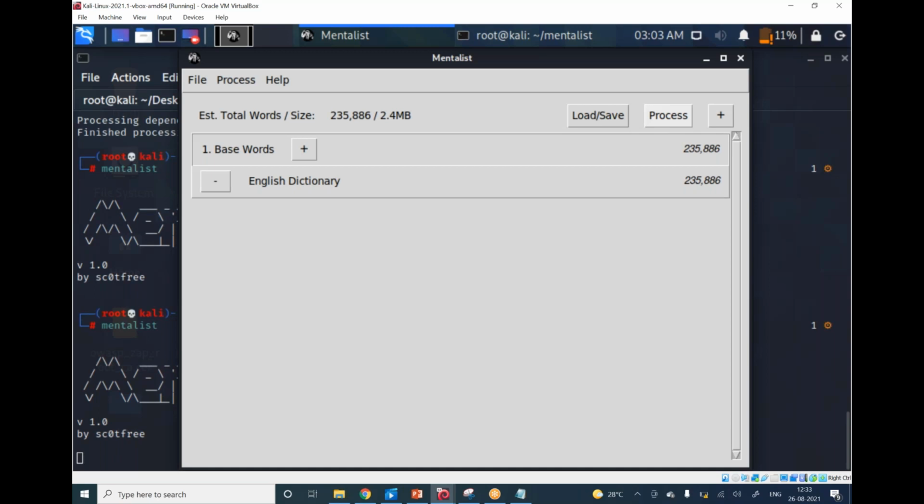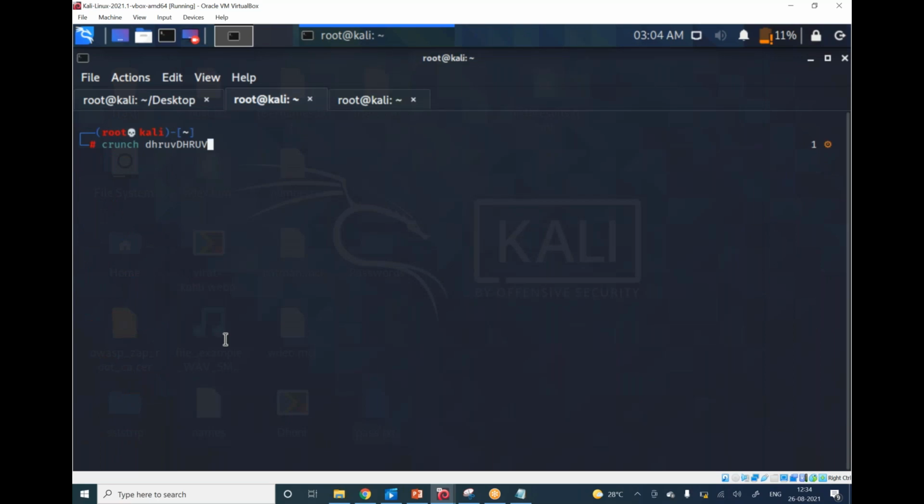The second way to generate a word list is something called crunch. When I put crunch, say for example, small letters, now big letters, and some special characters, numbers.